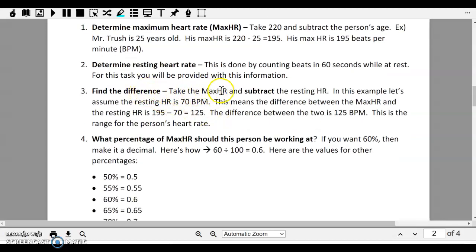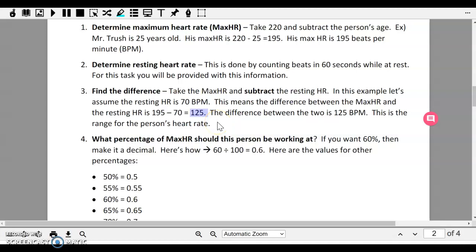Take his maximum heart rate and subtract the resting heart rate. For Mr. Trush, let's say his resting heart rate is 70 beats per minute. Remember, his max heart rate was 195. So we take 195 as max heart rate, we subtract 70, which is his resting heart rate, and we get 125